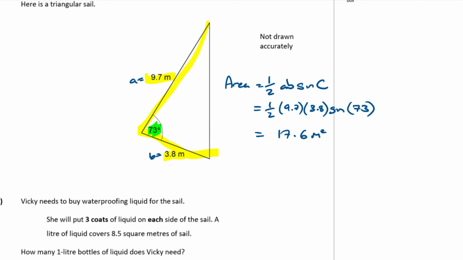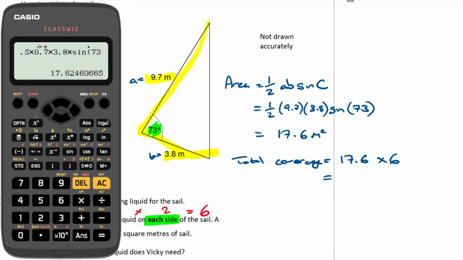She has to cover this sail on each side, so presumably it has two sides. So we've got 2 there, and we've got 3 coats, giving us a total of 6 sides to paint then. So the total coverage is going to be that area, 17.6, times the 6 coats. We need to give 3 on each side. Again, I've just got the same stored calculator value. I'm just going to times it by 6, so that is going to be